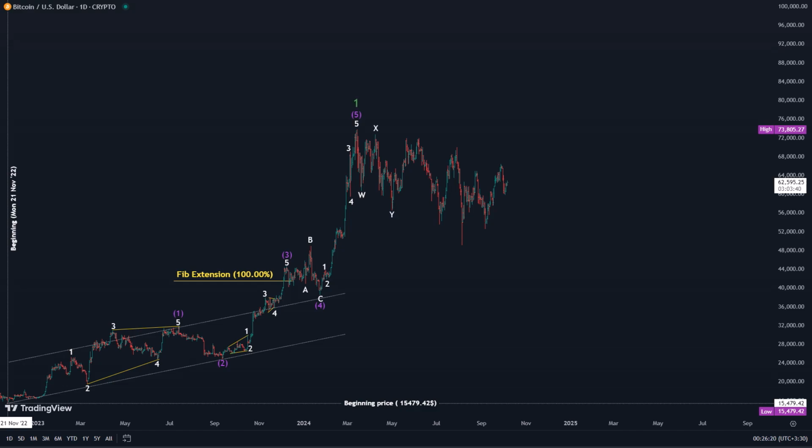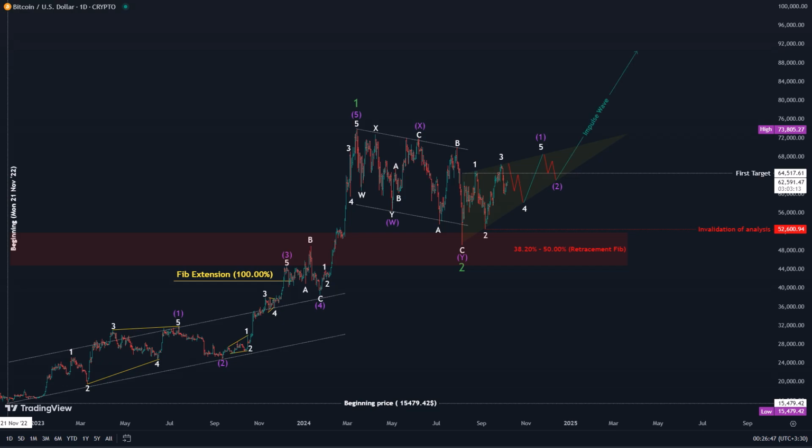For the second wave, I observe a double zigzag correction between the 38.2% and 50% retracement of the first wave. This corrective pattern might also extend to a triple zigzag pattern. Based on the current price action, it seems to indicate a diagonal leading pattern or a 1 and 2 and 1 and 2 pattern. We might witness the growth of the third wave at a similar level to the previous wave. To achieve these objectives, it's crucial to establish a suitable model for correction.